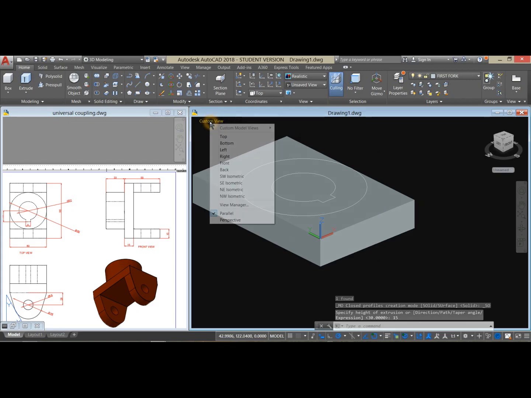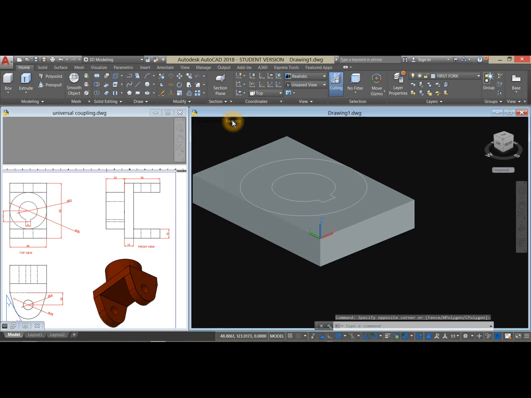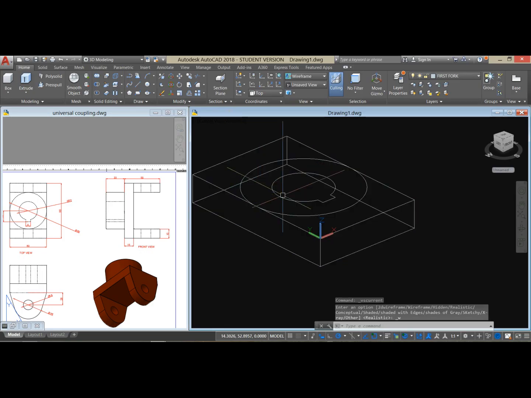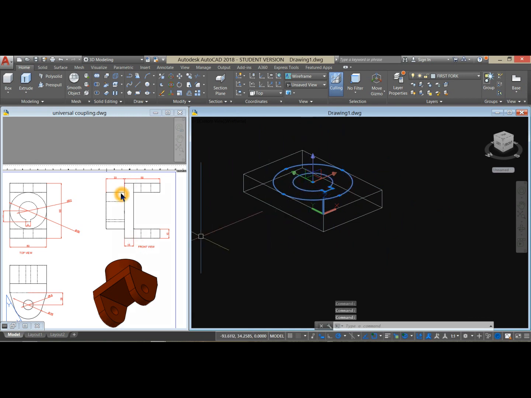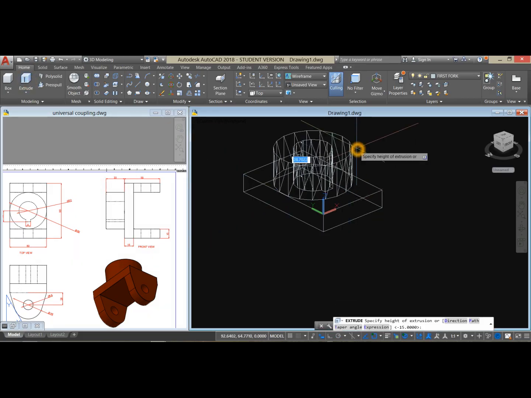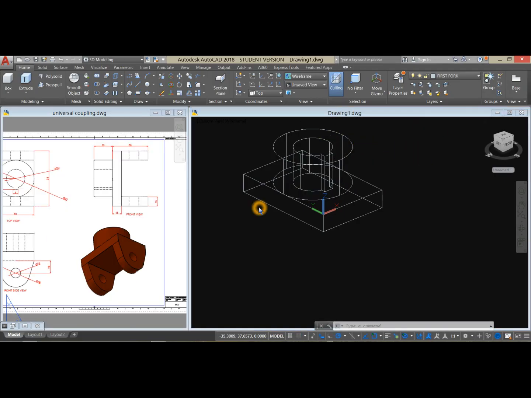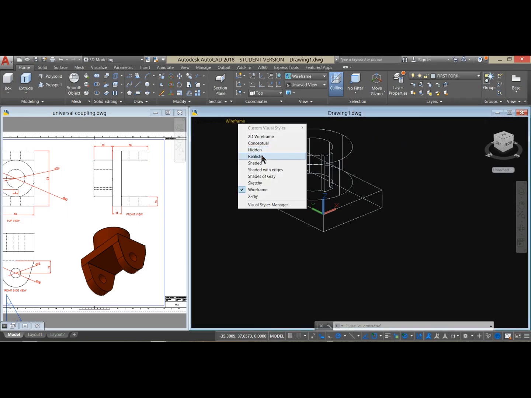I'm just going to change this to wireframe, and then highlight these two, and the extrusion there is 30 from this point to this point. So extrude command and bring your cursor up for 30 units. I'm going to change the visual style to shaded with edges. Click this one,